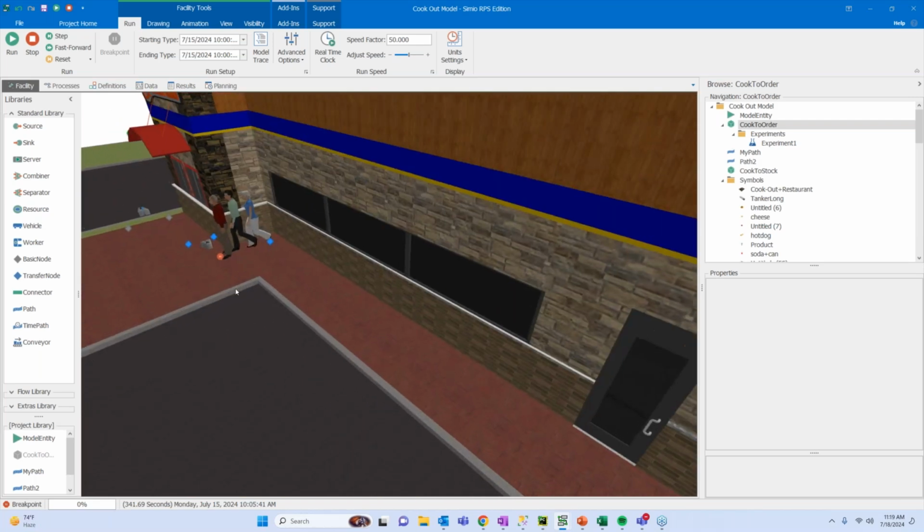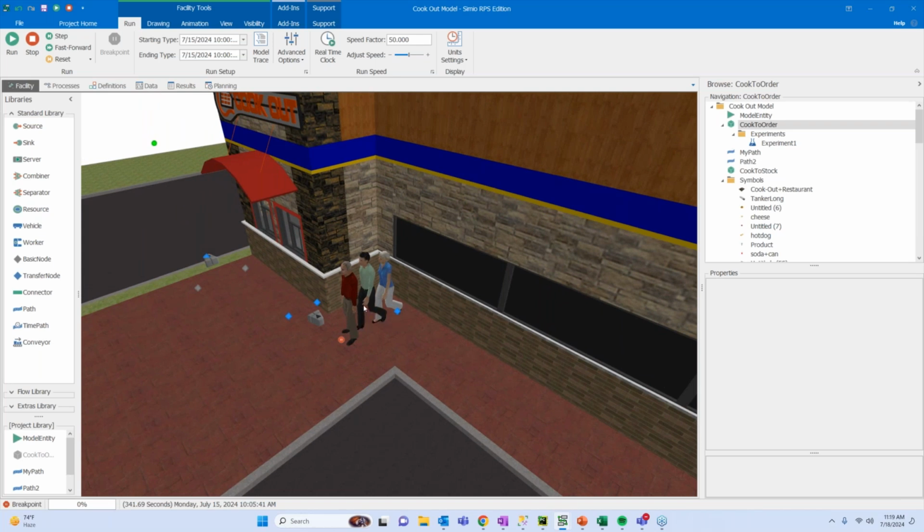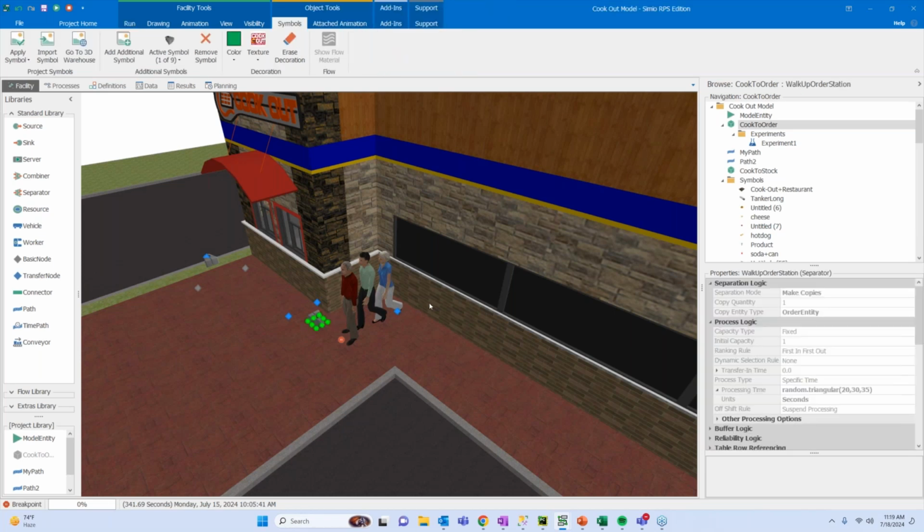As they arrive, they will go to their walk-up window. Our customers have memory of which car they came from, so they all have this car ID assigned to them. And now they're going to go do their ordering. So 3 customers arrive from the same car, and now they're going to go and create a given order. Stopping the model, we'll touch on the next separator. This is the first piece of the hierarchy, and of the greater structure of the model: the first relationship is customers to car. That's a 3-to-1 relationship of splitting out customers per car.